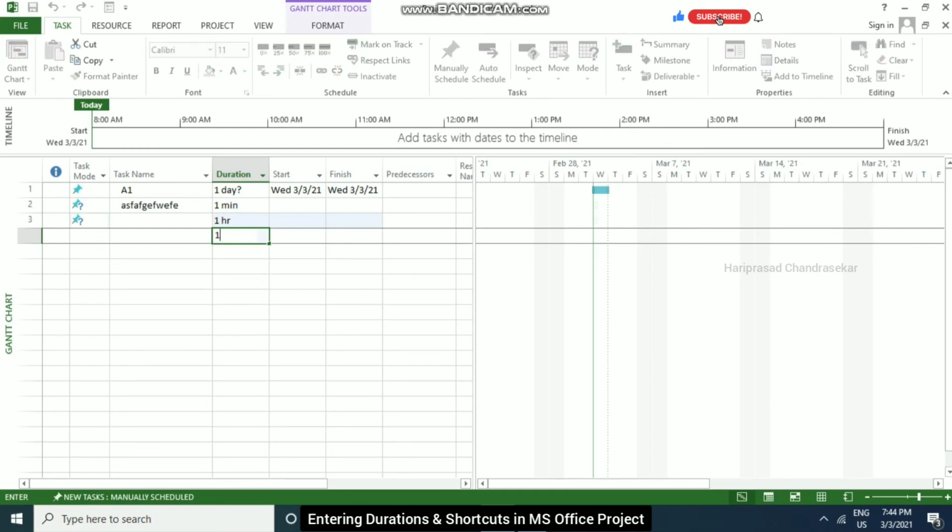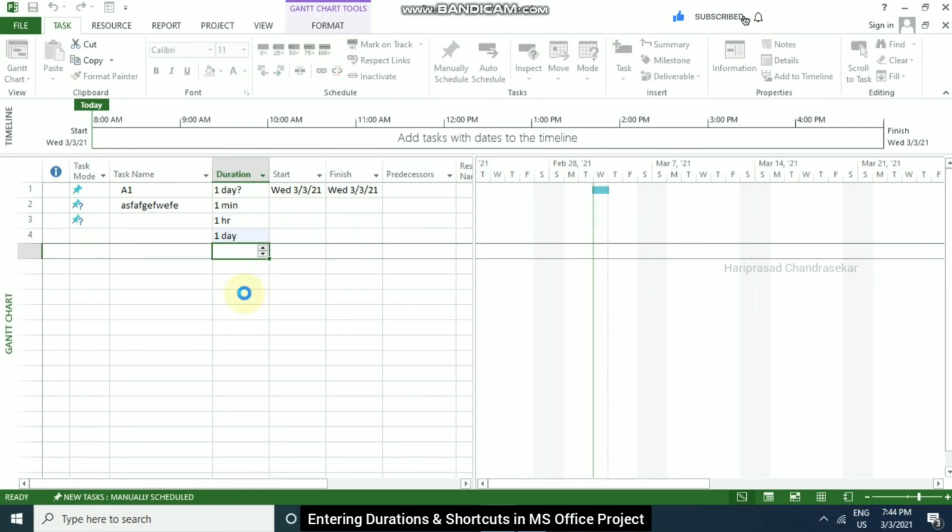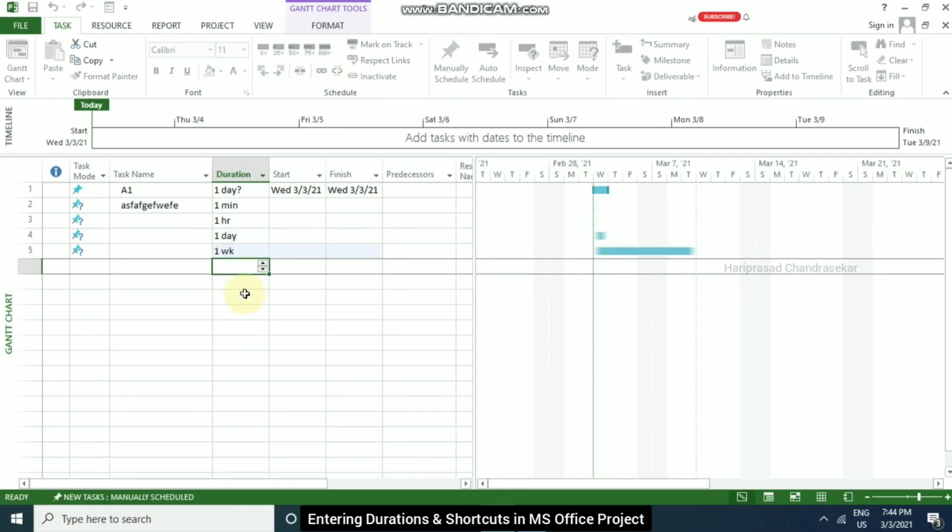If I put 1D, this is for 1 day. And if I put 1W, it will take 1 week. For week it displays as WK, and we can also see in the Gantt chart that one week has 7 days.